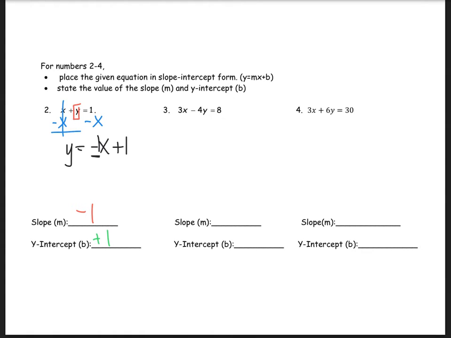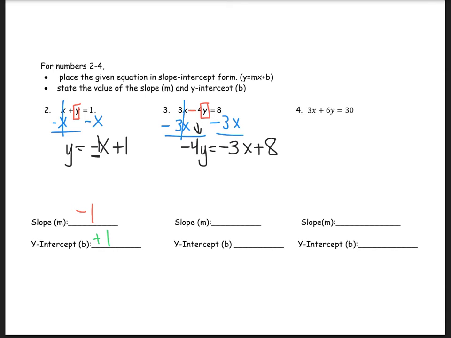Over here, we still want to get that y alone. It has a negative 4y in front of it. So make sure you know that eventually you're going to have to divide out a negative. All right? So first things first, we're always going to subtract the x on both sides first to get the y by itself. This will cancel, and you're left with a negative 4y that has to come down is equal to negative 3x plus 8,